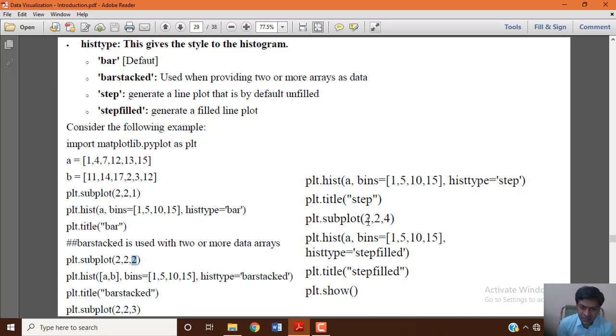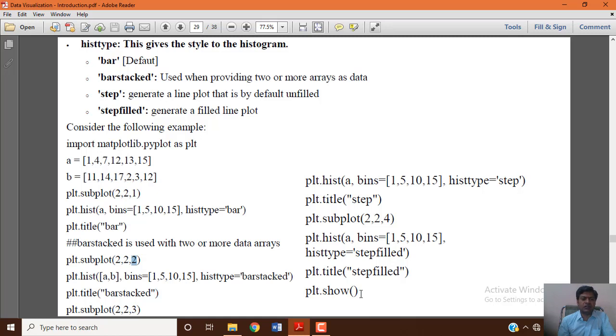And another subplot, this is the last one, 2 comma 2 comma 4, second row right. Hist of bins as usual with manual bins, and hist type step fill. The bar which is created with a line will be filled with some color. Finally the show, which displays the graph.